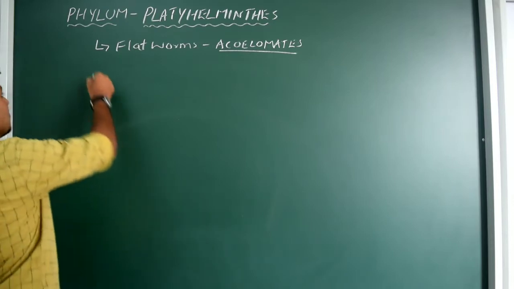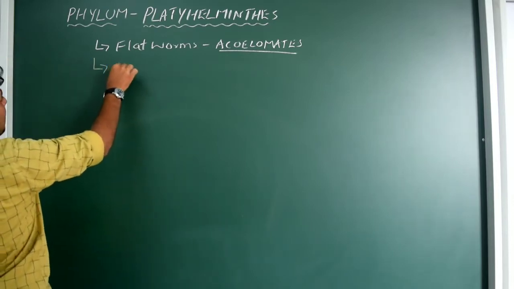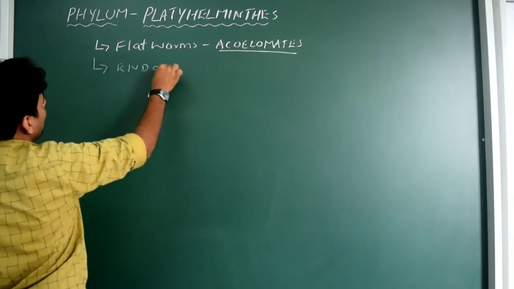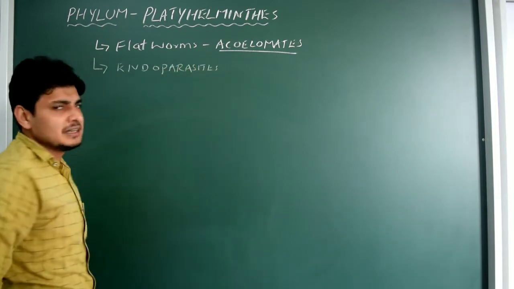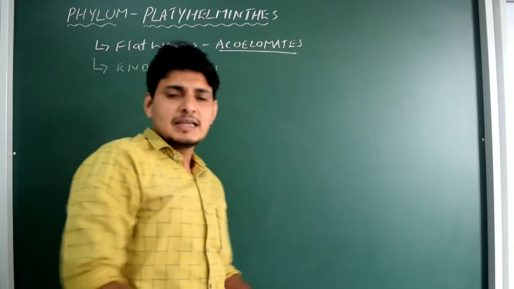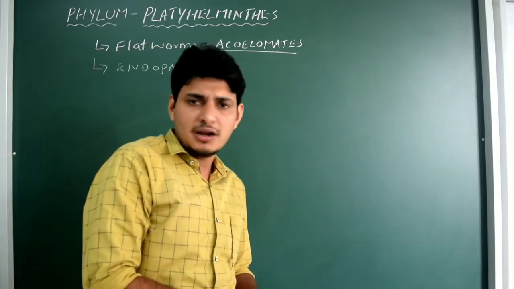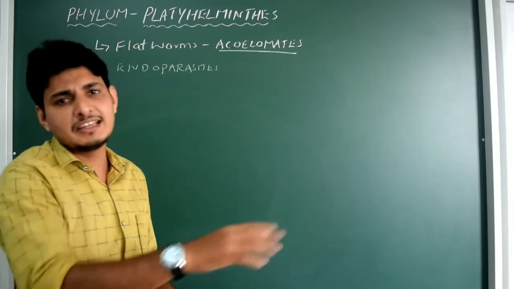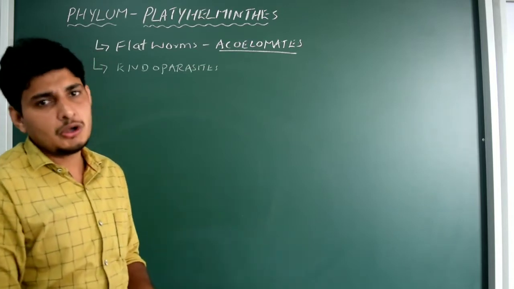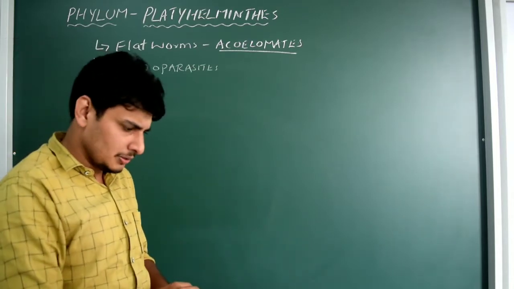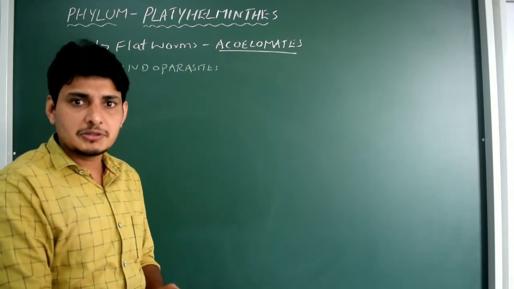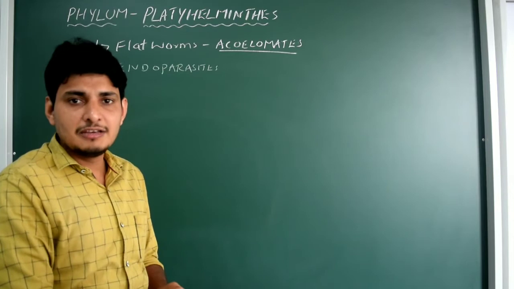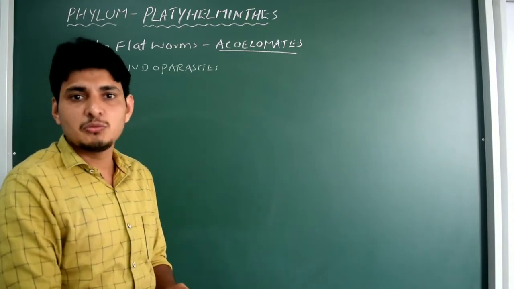Okay. So the next is they are endoparasites, correct? All the organisms, some exceptions are there. For example, Planaria. Planaria have high capacity of regeneration and they are not endoparasites. They are free living. You see them in the fresh water. Other than that, if you just recall the tapeworm, they are 100% endoparasites. They live inside the intestine of the human body.